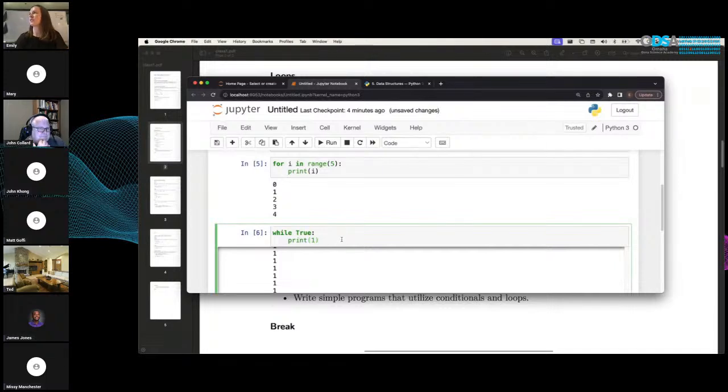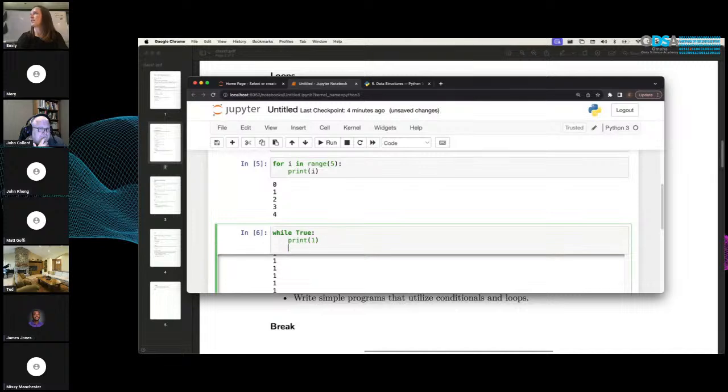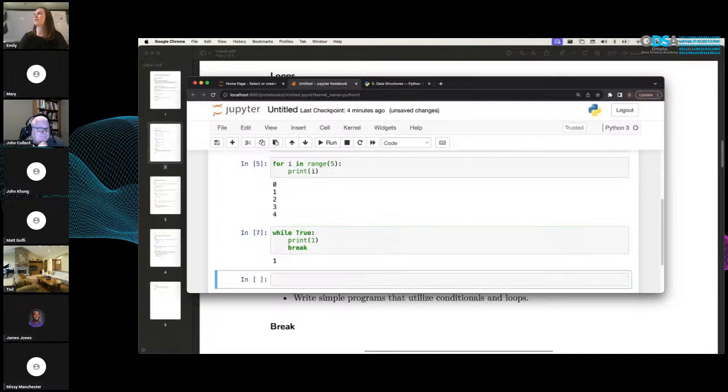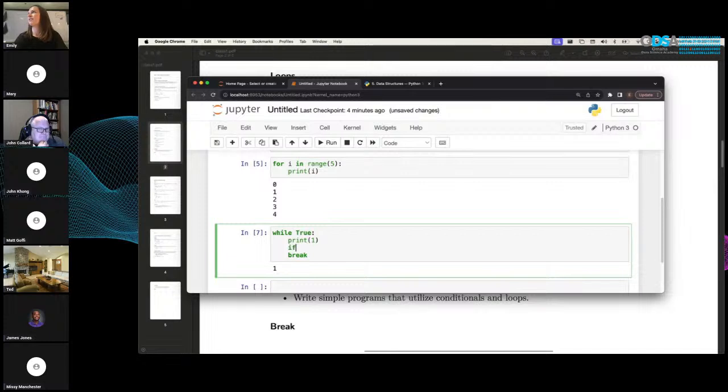A common structure that some people do is while true, do something. In other languages, this might be called the do while loop. And then after you meet a certain condition, a lot of people will tell it to break, which means it will just stop. So this is only going to print 1 once. So that's one way of using it. You can do like if